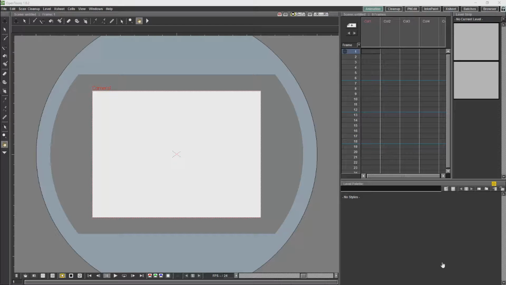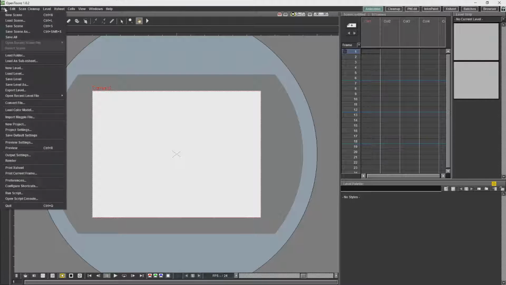With OpenToonz, everything you do is stored under a project. And the project is made up of a number of scenes. The project is stored under a various array of folders. Now, there are two ways you can make a project. You can either go to your file menu over here, have the project settings,